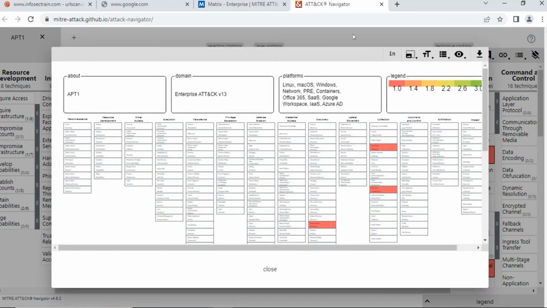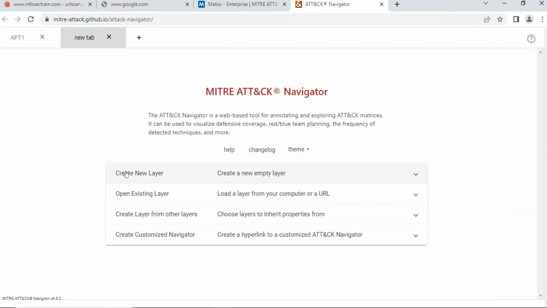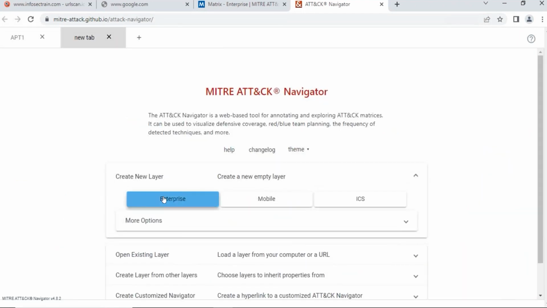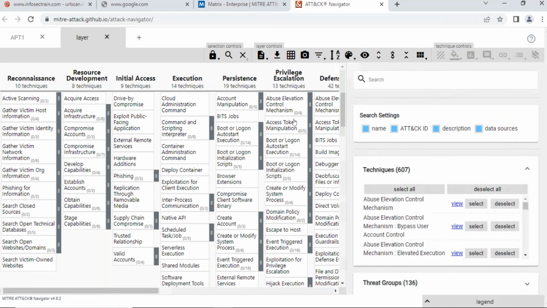Okay, now I want to see, is there any common pattern between two attacks? So we can add one more attack and we can see, is there any common pattern? Okay, how can that be done? With this plus sign, again create a new layer, particularly for an enterprise. Okay, this time I'm going with